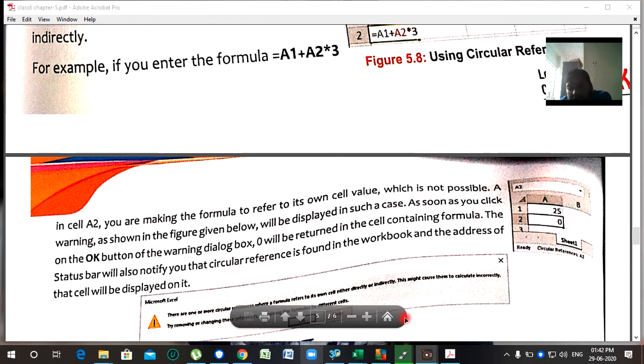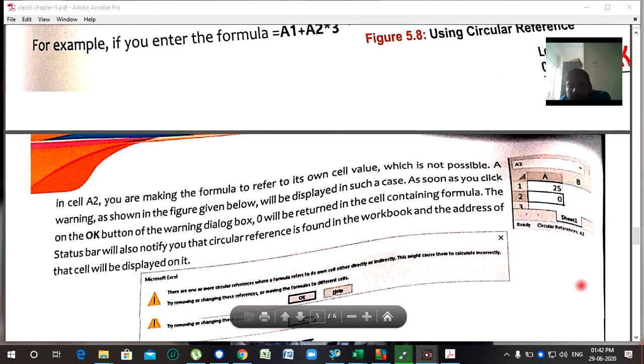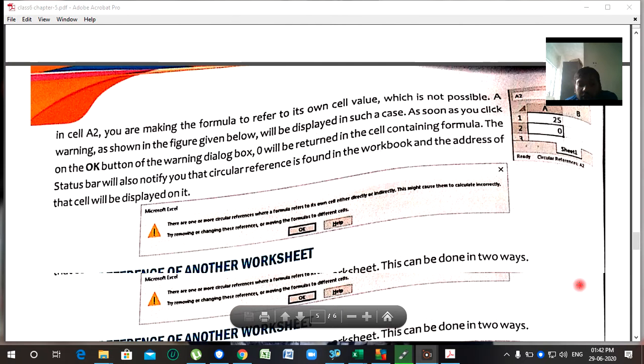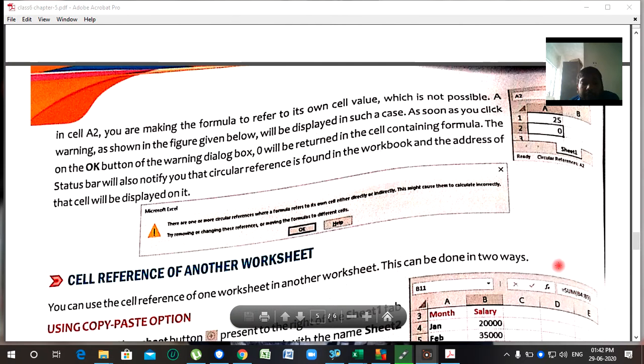The status bar will also notify you that a circular reference is found in the workbook, and the address of the cell will be displayed on it. When we press enter, this type of message will be shown here, and when we click OK, the value entered into that cell is 0. This is the way we can perform the self reference.